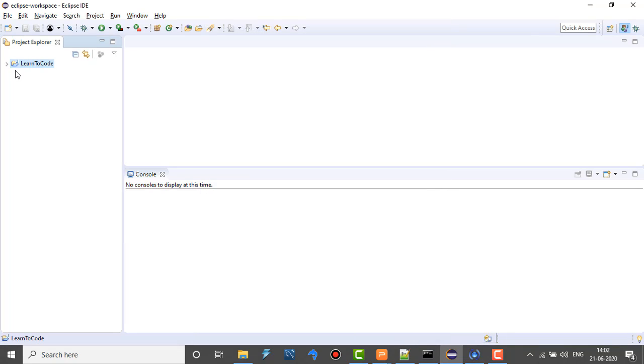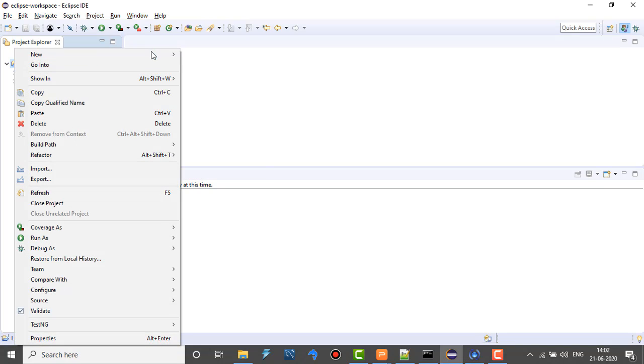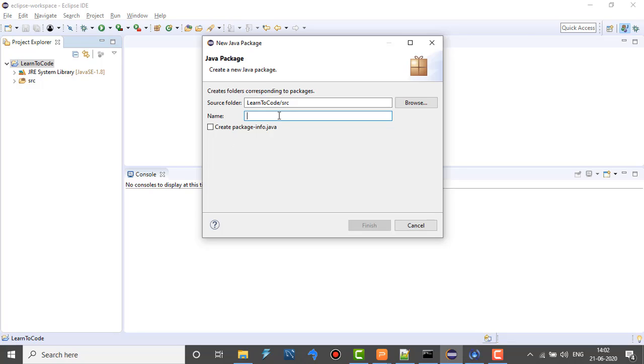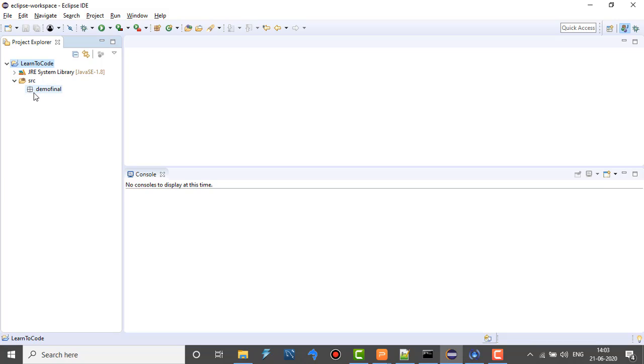Once I have created a new project, it will be visible to me in the Project Explorer, and now I am going to create a new package within this project. I am going to name this package Demo Final. Oh, does it already exist? Let's see. Oh, it already exists. No issues.